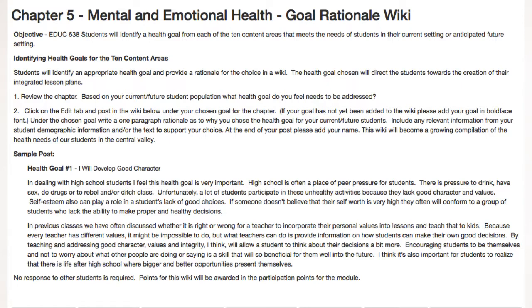What you want to do is really review the chapter and read through the list of 10 goals, and think about what your students really need right now. Which of these 10 goals, based on your current population or a future population that you hope to work with, stands out? Now, if you're on the View tab, you'll see a sample post, and this is about